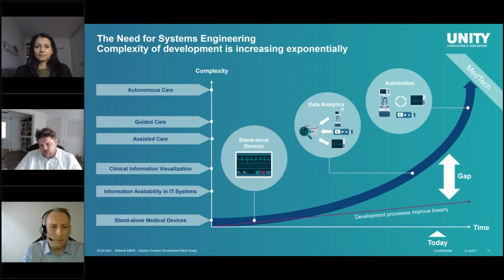up to autonomous care, where these systems essentially do a lot of tasks for themselves, and this of course requires a lot more context for the individual systems, especially in a heterogeneous environment, right, where not every system is from the same vendor. So we're talking about, as Stefan is an expert there, interoperability standards and stuff like that.